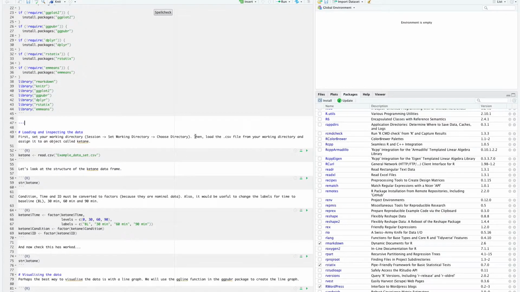Then we need to load the .csv file from your working directory and assign it, in this case, to an object called ketone. Now to do that, we use the read.csv function with the name of the .csv file with quotation marks either side and contained within parentheses, and assign it using the arrow to an object called ketone. So if you run that,